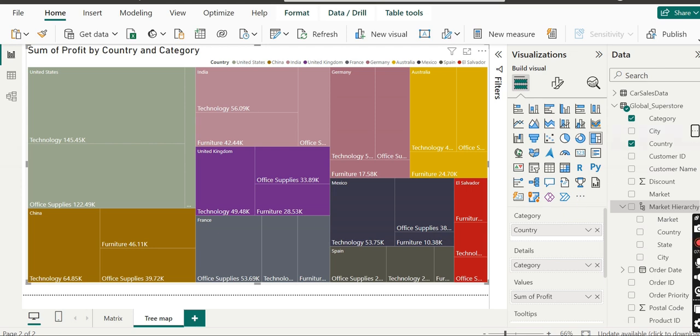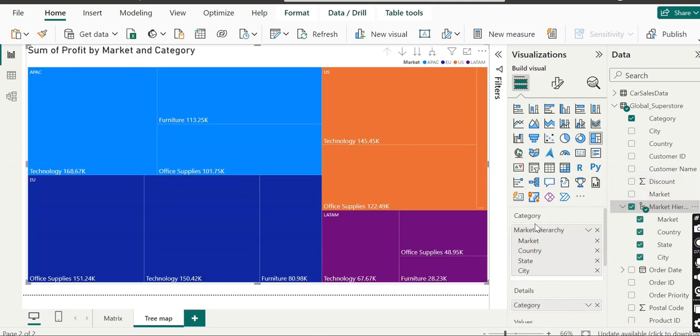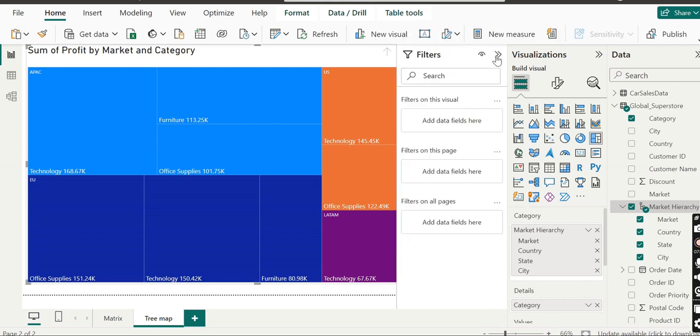First, just delete that. After deleting it, we can see there is a change in the tree map. It only has three categories: technology, furniture and office supply. Obviously it will change, but as we drag and drop this market hierarchy here, you may be surprised where our remaining fields are. We still have a filter in place, and that filter restricted the tree map to include only the top 10 countries by profit. So first we will go there